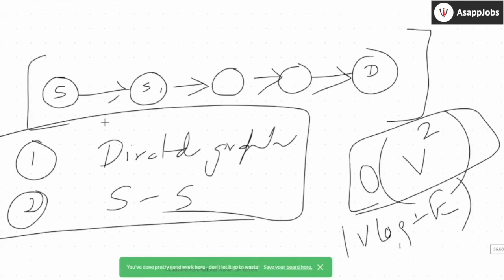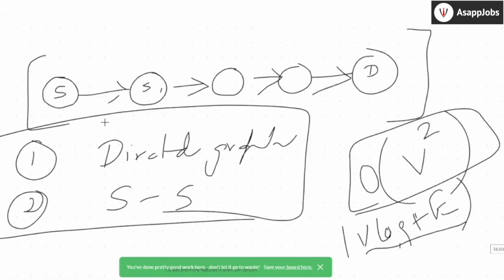And E comes in here because every time you also keep track of whether you can reach vertex A from vertex B, and if you can reach vertex A from vertex C also, which one is giving you the minimum cost. You're keeping track of that for every edge. So that's why it is V log V plus E. I'm not going to go into detail on how V log V plus E comes. It's pretty easy, you can easily figure it out.